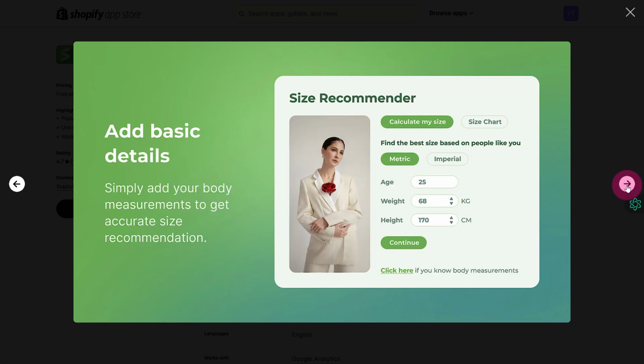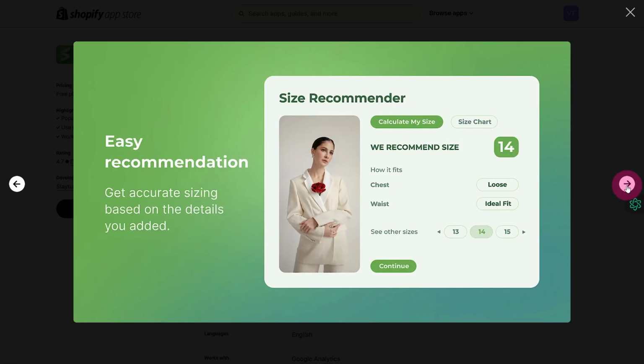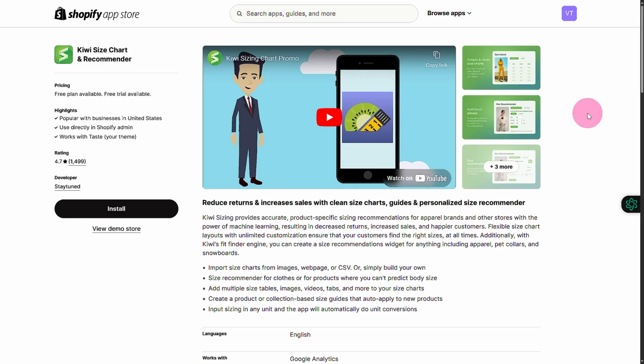So that's how easily you are able to incorporate size charts to product pages, and I hope this is going